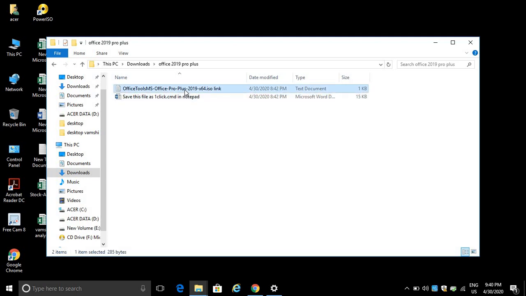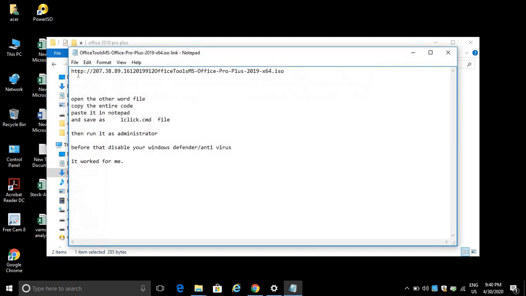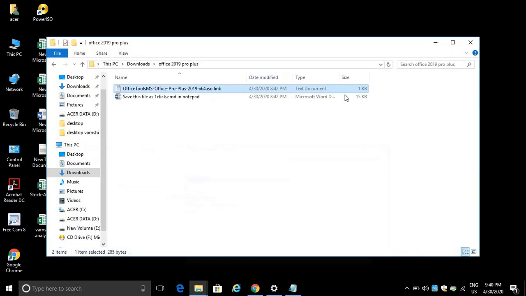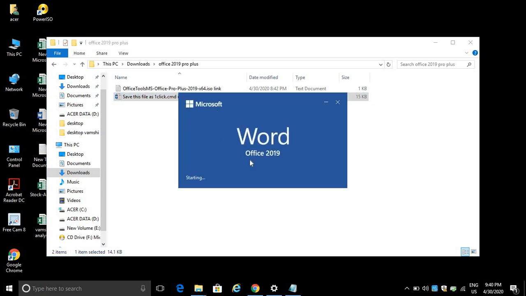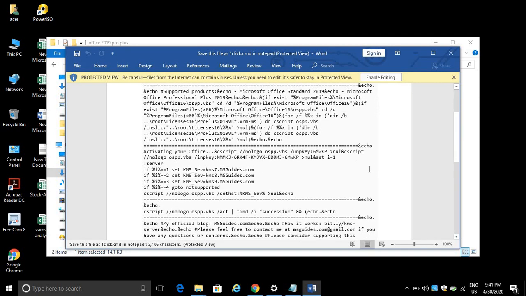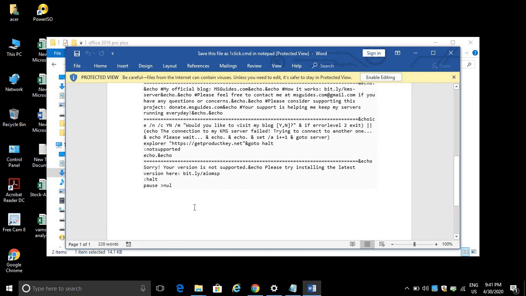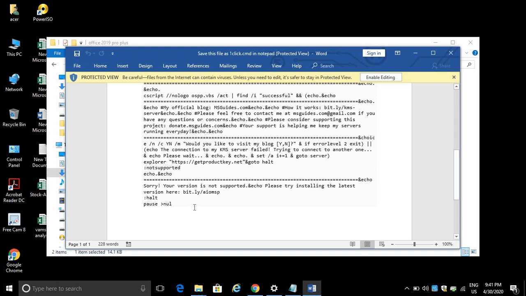This is a notepad showing the link to download MS Office Professional Plus from the website. You can just copy paste this in the browser, then it will be downloaded automatically. And after downloading, carefully listen, see this, it is already actually saved in MS Word. Why? Because in my laptop this antivirus system, Windows Defender, is detecting the unusual code, and it is deleting. I have not written this code, I just copied it from the website.